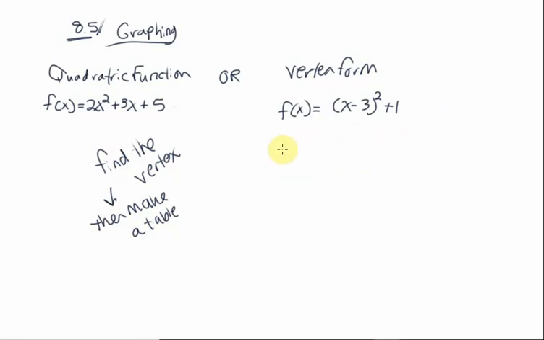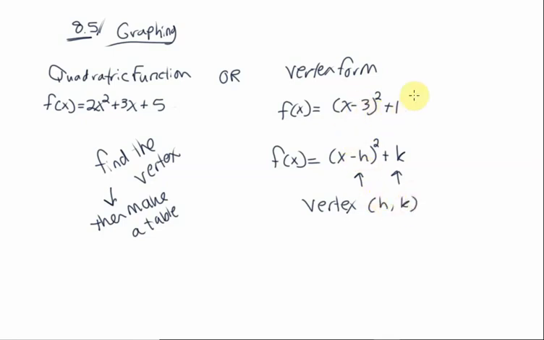Let me give you the generic form of vertex form. The generic way of writing it is x minus h squared plus k. So let me tell you how we pick off the vertex. Okay? The vertex will be right in here. Okay, they use an h and a k. So it's minus h. So if this is ever a plus, then our h number is the opposite, okay? So minus 3. So the vertex here is actually